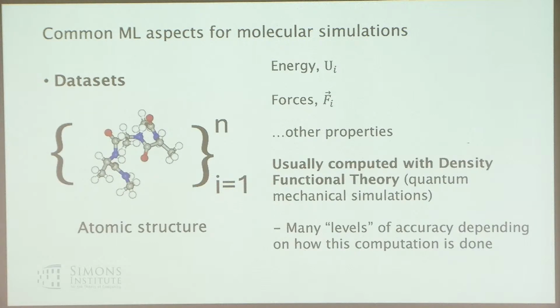So if we're looking at these data sets, typically you have some type of 3D structure, so i equals 1 to n, and hopefully n is getting larger and larger. And you have some DFT labels, so quantum mechanical simulation labels that go with this. So energies, forces, other properties. One thing is that with DFT, those labels in a way come for free. So there isn't quite the same notion of non-supervised learning settings because of the fact that we do get this with every atomic structure.